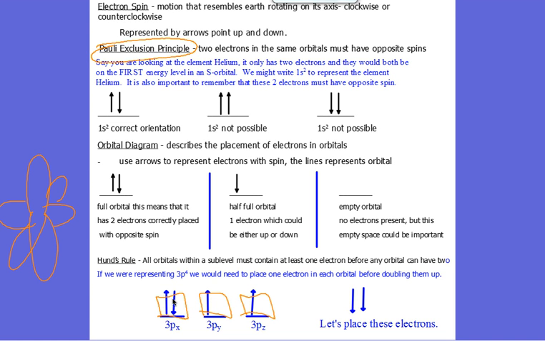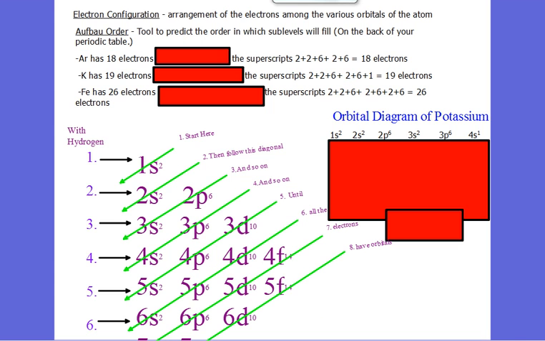And so the fourth electron would then start to double up. The fifth electron would double up. And the sixth electron would double up. And that's called Hund's rule. Hund's rule says when you're doing the 3 P's or the D's, you have to spread them out before you can double them up. And this actually explains a couple of weird things on the periodic table, especially with those d orbitals. We